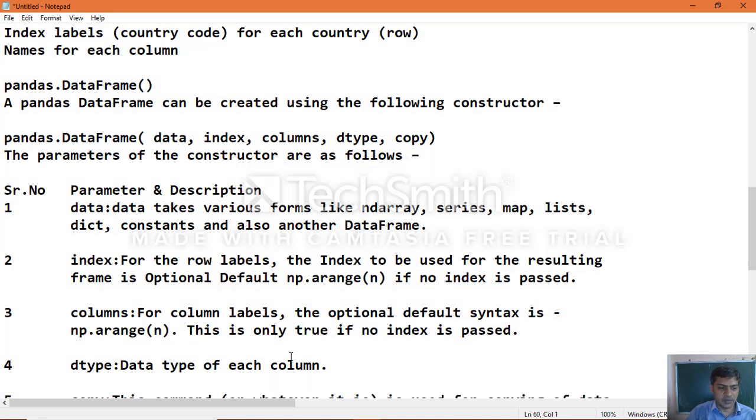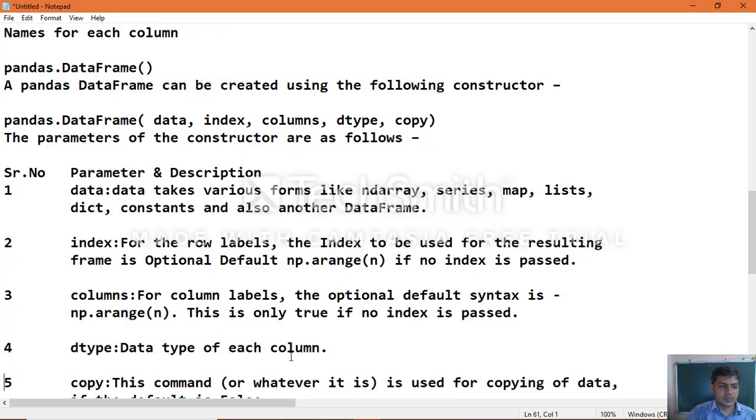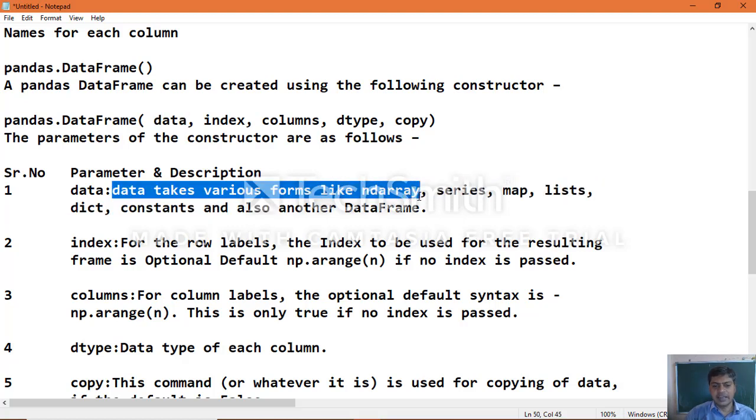So the parameters of DataFrame, you can see, with parameter and description. The first parameter is data. What do we mean by data? Data takes various forms like ndarray: it can be an n-dimensional array of values, or series objects, or a map, or a list, or dictionaries, or constants, and also another data frame.